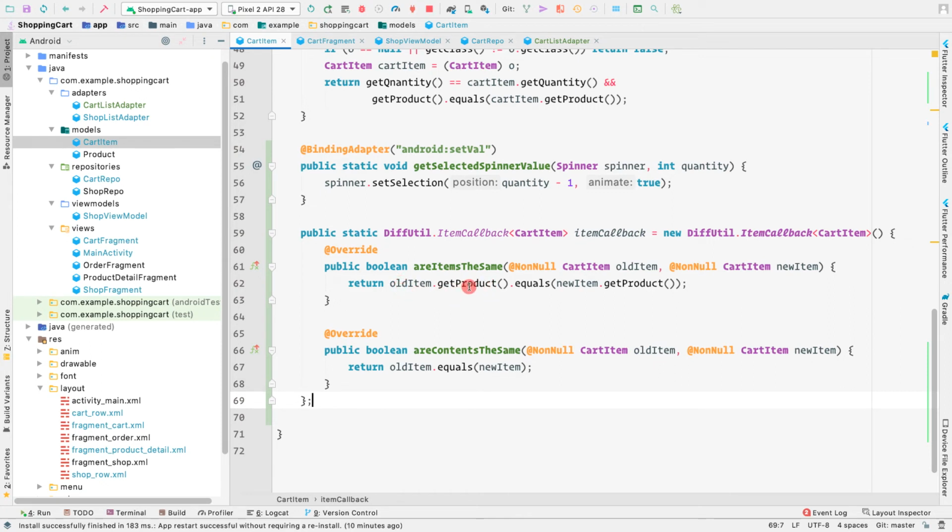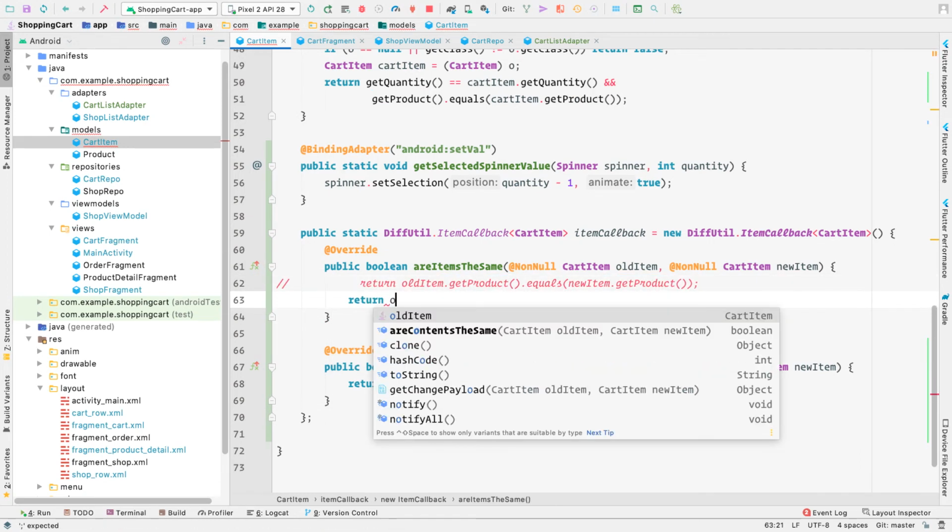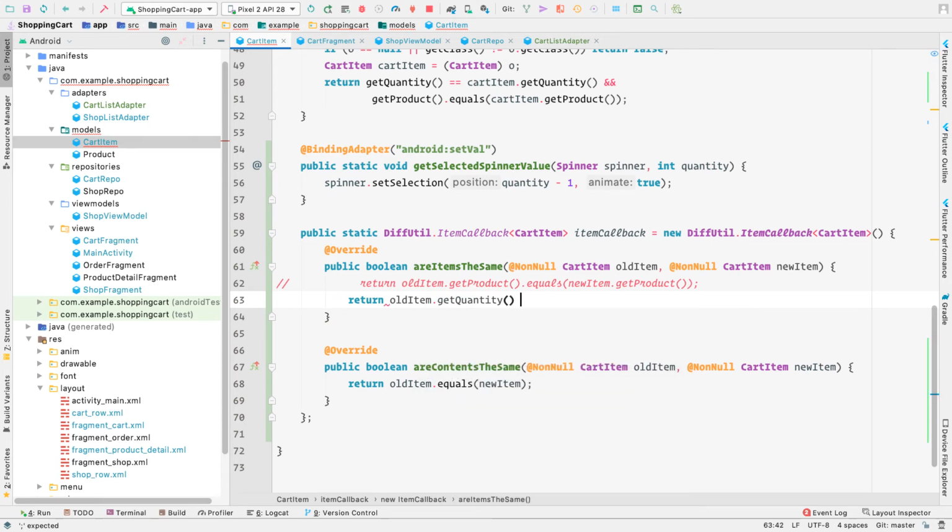So instead of returning whether the product is the same for both items, we should return oldItem.getQuantity equals newItem.getQuantity. So if the quantities are the same, the recycler row would not be updated, or else if the quantities are different, then the recycler row is going to be updated.